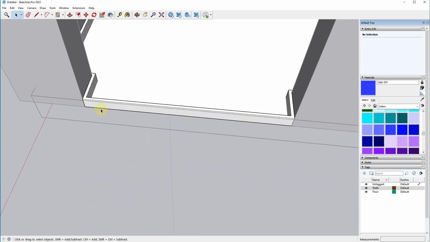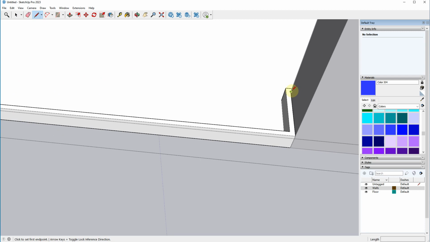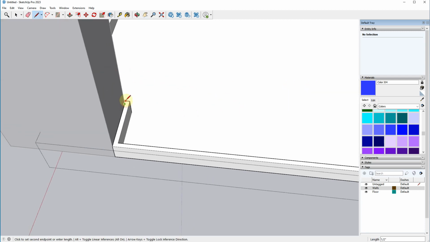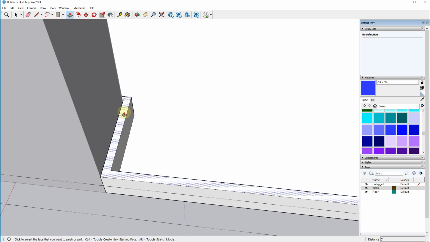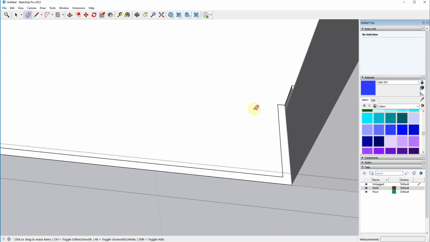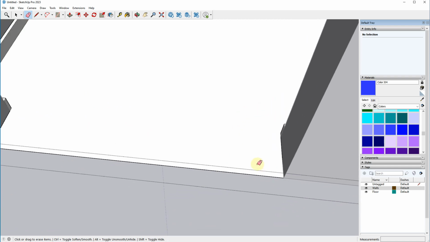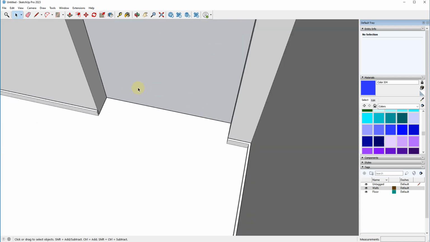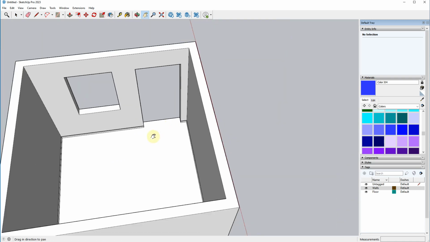So real quick, I'm just going to come in here first, and we're going to take this little chunk right here, and I'm going to draw a little line here, and a little line here, and this is going to let me get rid of this little vertical spot right there. If I clean up these lines, that just gets the baseboard so that they're intersecting with the door here, because the door is now going to be